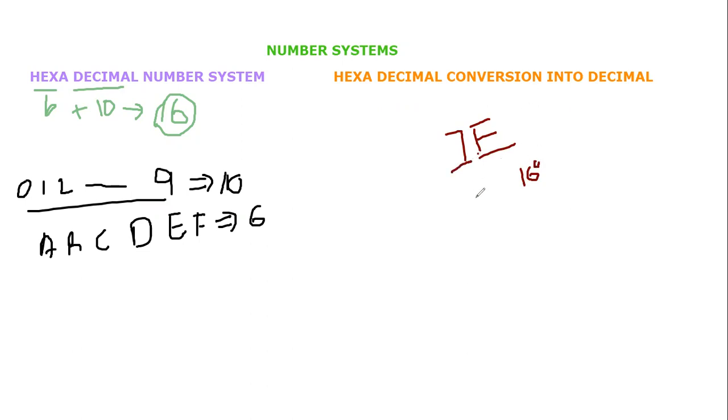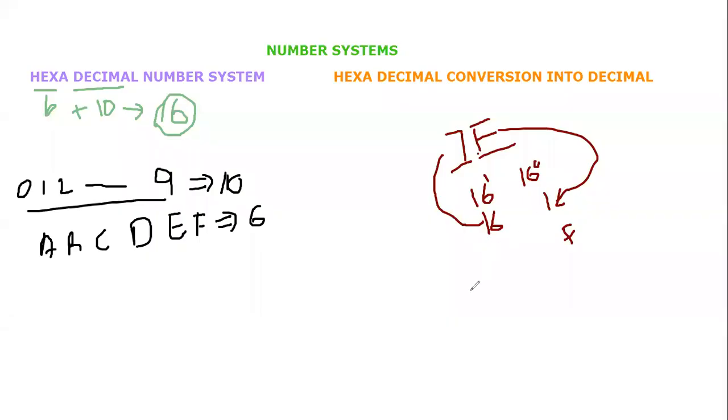And the second weight would be 16 raised to 1, right? So 16 raised to 0 means 1, and then 16. Okay, let's convert this number. What is going to happen? F will multiply with 1, so it will eventually become F, and 7 will multiply with 16. So 7 16s will be simply 112. Then you add them up.